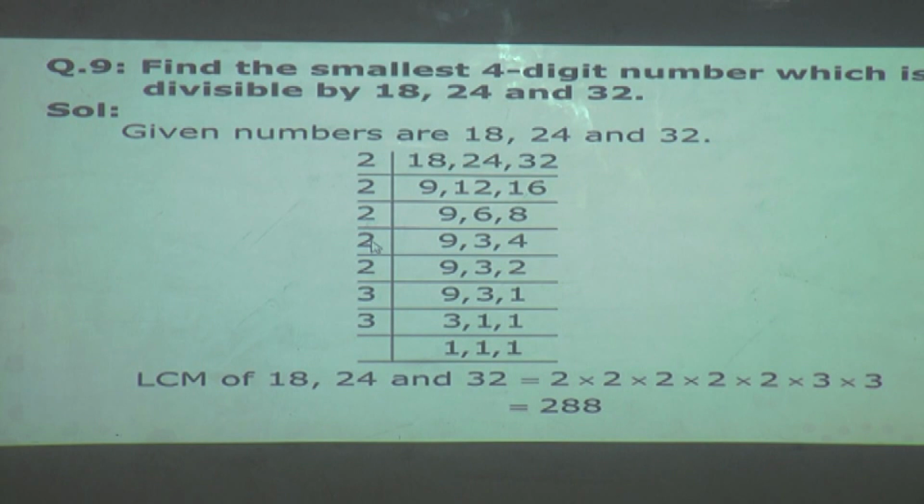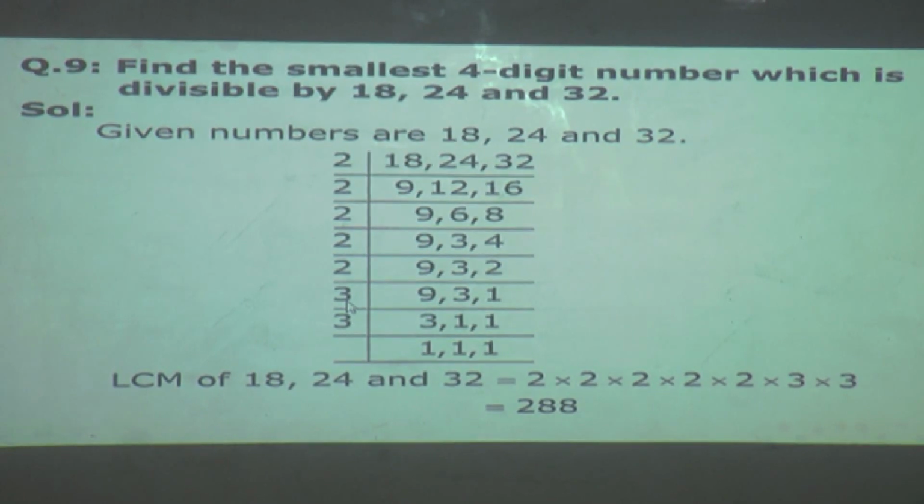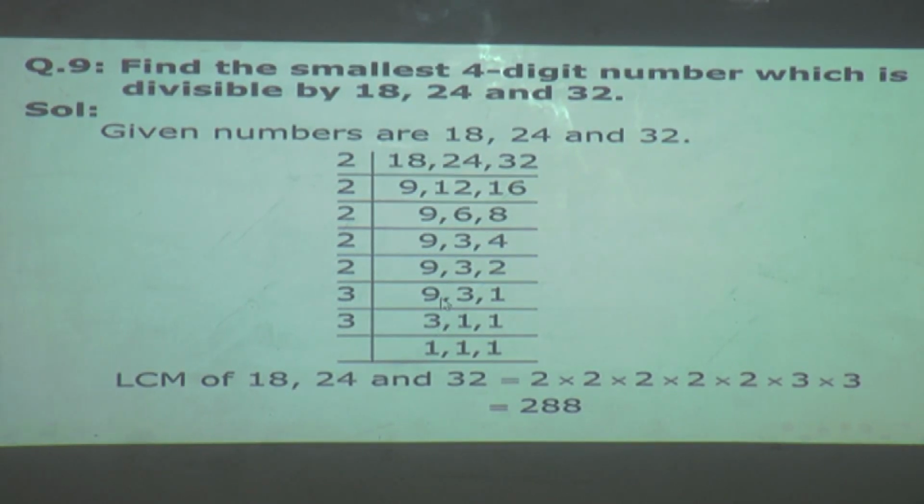Again we will take 2, 9 and 3 as it is, 2 2s are 4. Again we will take 2, 9 and 3 as it is, 2 1s are 2. Now 3 and 9 are divisible by 3. So let us take 3. 3 3s are 9 and 3 1s are 3. Again we will take 3. 3 1s are 3. The LCM we got is 2 into 2 into 2 into 2 into 2 into 3